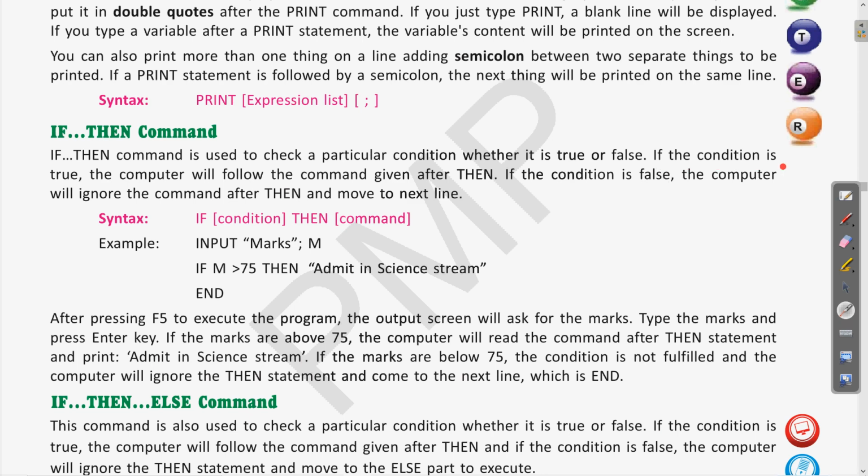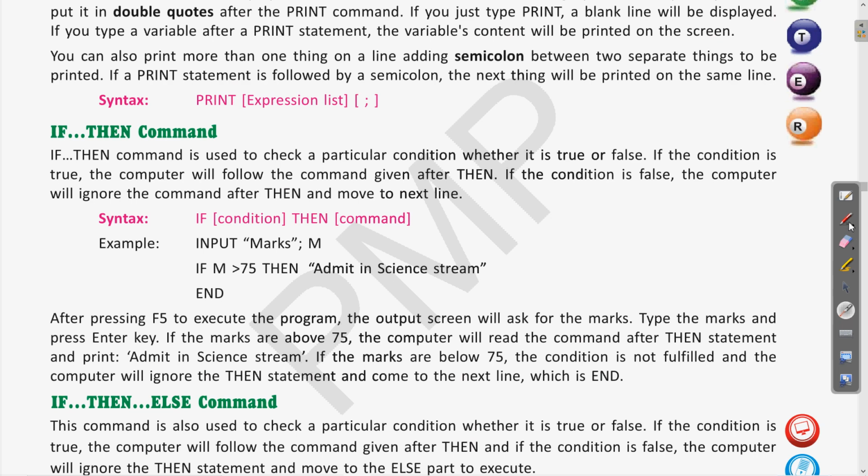If the condition is true, the computer will follow the command given after then. It means if you are using any condition, this if then command will be used for checking it. Clear? And whatever text we write after the then command, it will do that step.